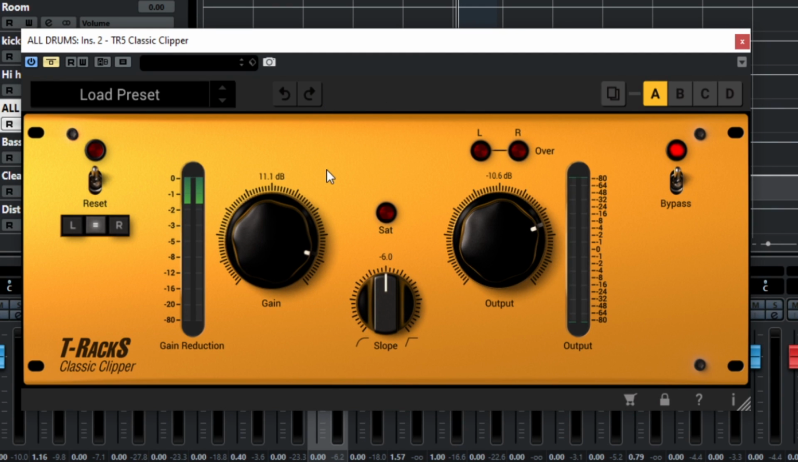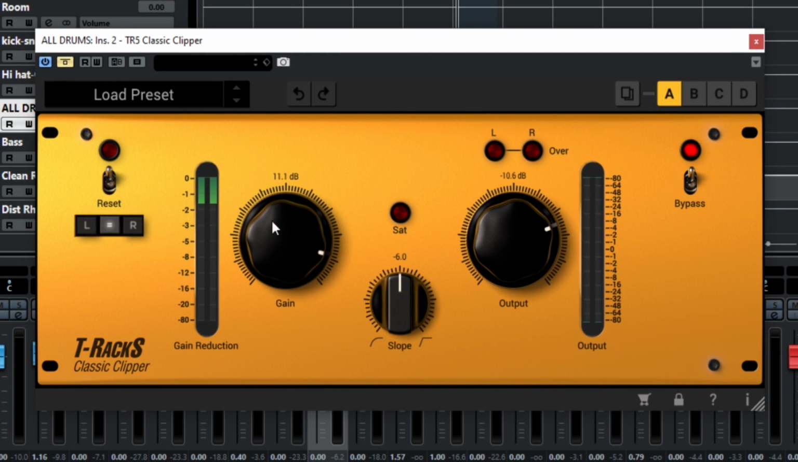First, I have the T-Rex Clipper here on the drum bus. It has a gain knob. You can change the slope to a more conservative and more aggressive. Let's leave it here in the middle. You have the output to compensate. You can reset the clipper here. You have this LED that it's turning red when the signal is saturating. You can bypass the plugin here. You have the undo or redo button, and you can compare 4 different versions of what you're doing in this